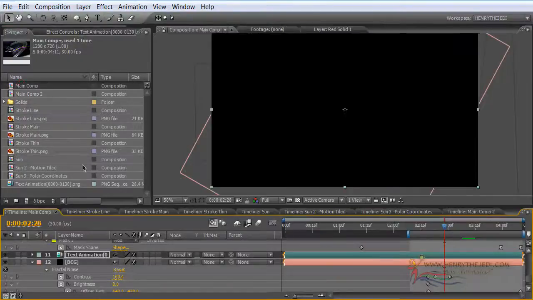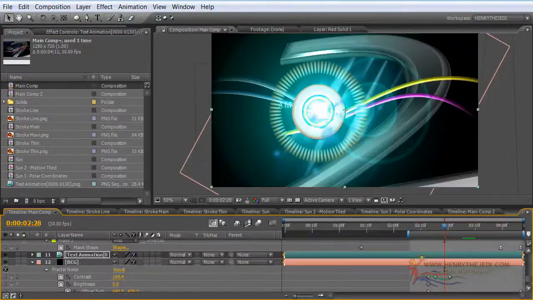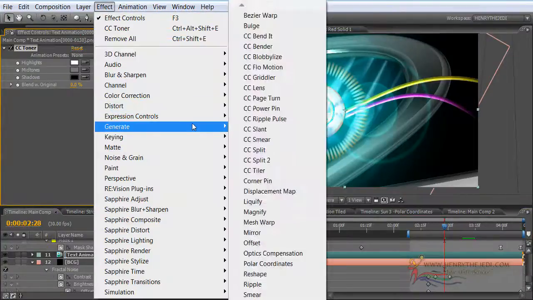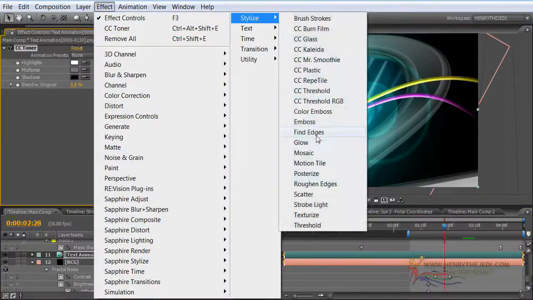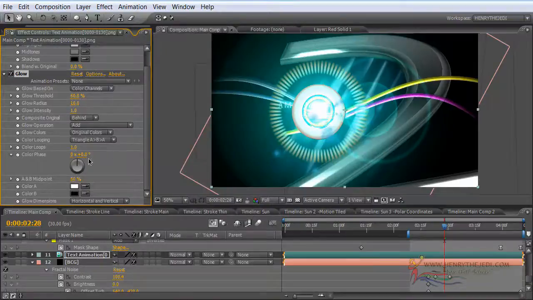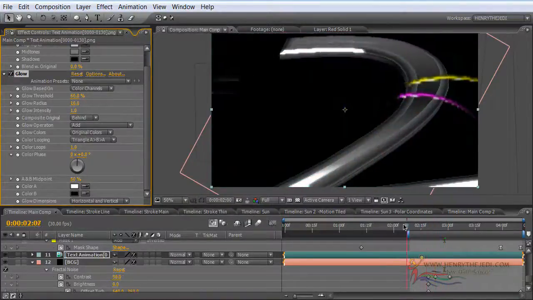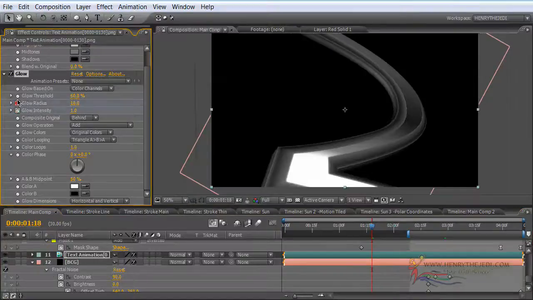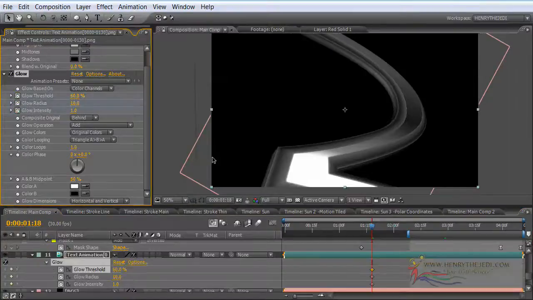And I think this object needs to be adjusted also, so we're going to add some glow to it. We're going to Effect, Stylize, Glow. And let's see, we just move around here. Yeah, around there. Press U, or rather we can simply click on the stopwatches for the glow there. Press U then. Yeah, you can see how it's going to start up